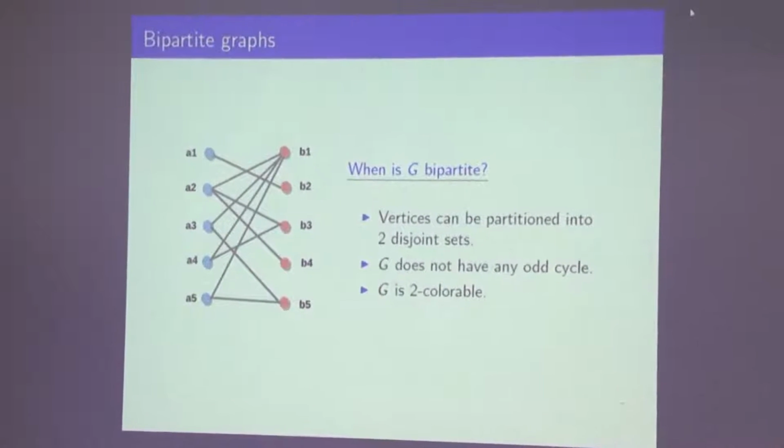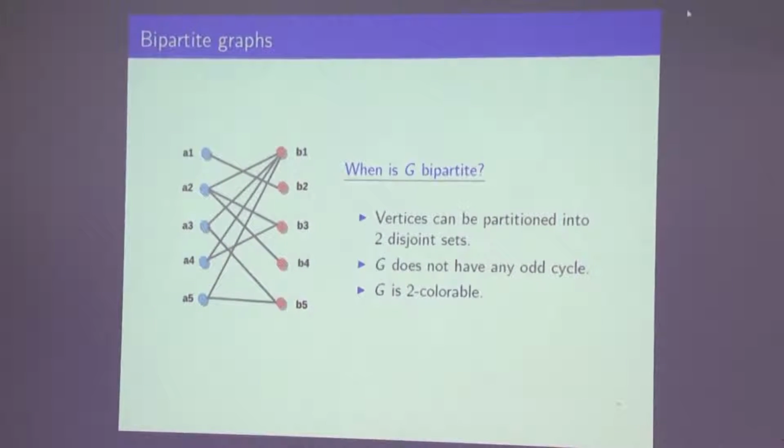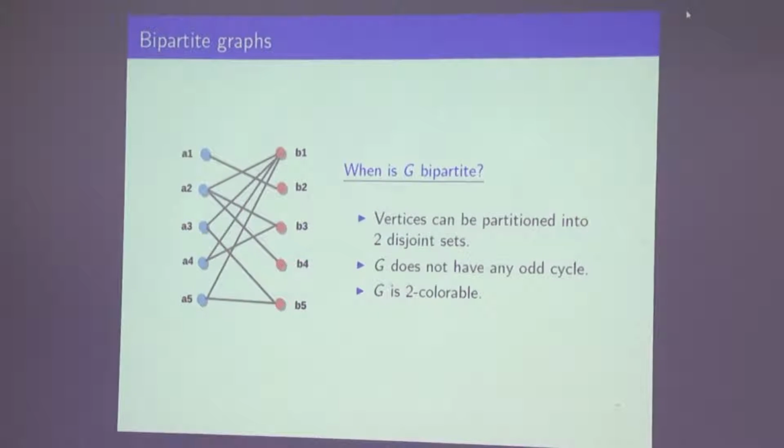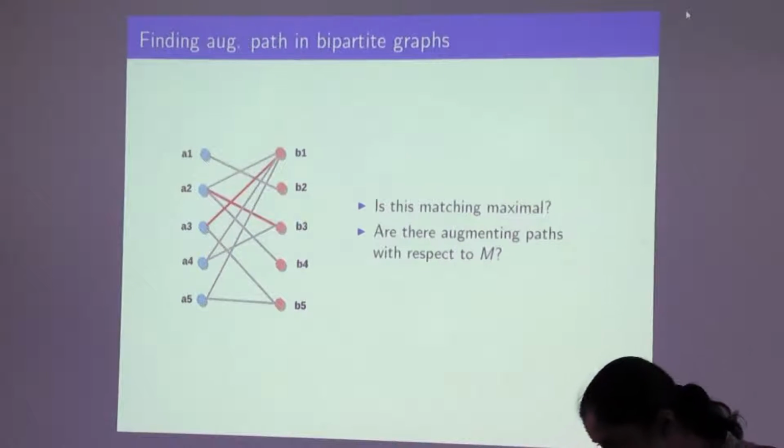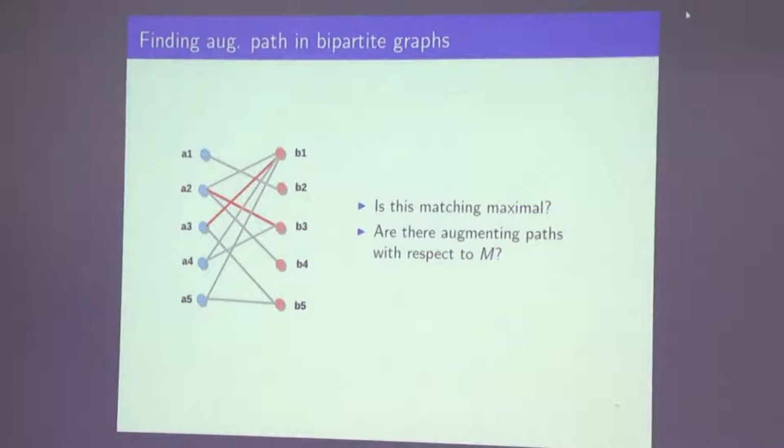Again, a matching is a well-defined term. Here, we are just saying which vertex on the A side is paired off with which vertex on the B side. Now we have this notion of A side of vertices and B side of vertices because there is a partition of the vertices. So let's ask these questions.